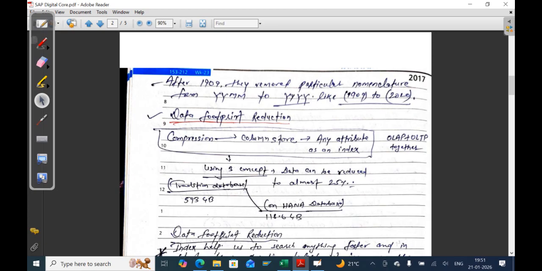सकते हैं? डेटा फुटप्रिंट रिडक्शन, फर्स्ट वन इज कंप्रेशन, देन कॉलम स्टोर एंड एनी एट्रीब्यूट एज एन इंडेक्स। पहले हम कंप्रेस करते हैं, फिर उसके बाद कॉलम स्टोर तक कॉलम स्ट्रेटजी अपनाते हैं, देन एट्रीब्यूट लाइक कोई भी इंडेक्स यूज करते हैं जिससे कि हमारा फुटप्रिंट जो मेमोरी हो रहा है, यूज हो रहा है, वो मेमोरी डिक्रीज हो जाता है।